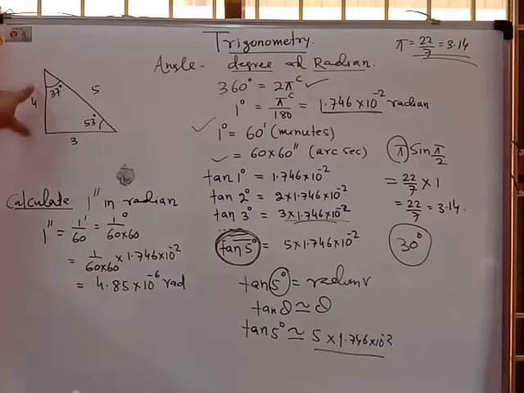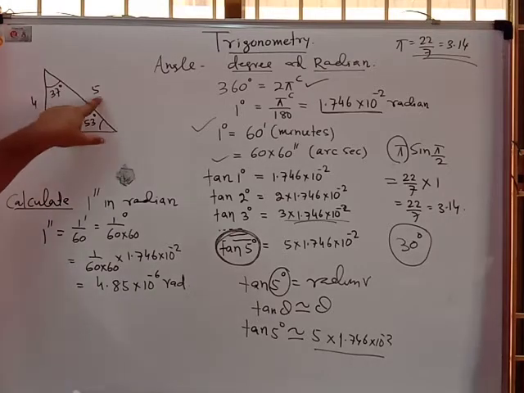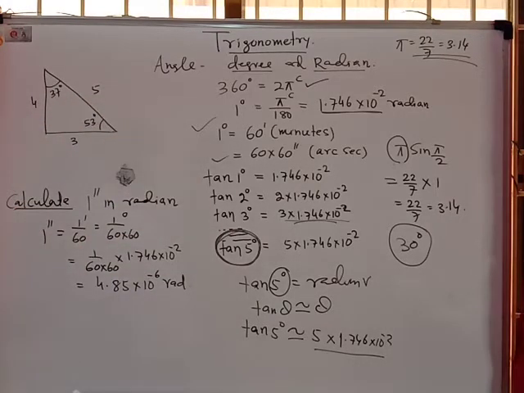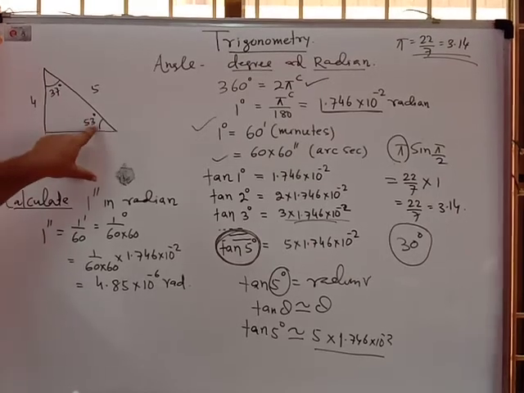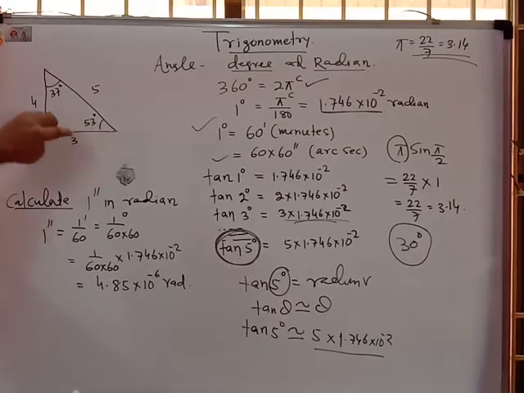Look at this triangle. It is a right angle triangle. If one side is 3 centimeter or meter, another side is 4 centimeter or meter, then the hypotenuse will be 5 centimeter or meter. If it is 3, it will be 4, it will be 5. You have not observed these things. So what is the angle subtended here? Because this is the 90 degree, the bigger side, that is the 4 side, the angle opposite will be 53 degree, and opposite the 3 will be 37 degree. So it is a must to remember 37 degree and 53 degree.